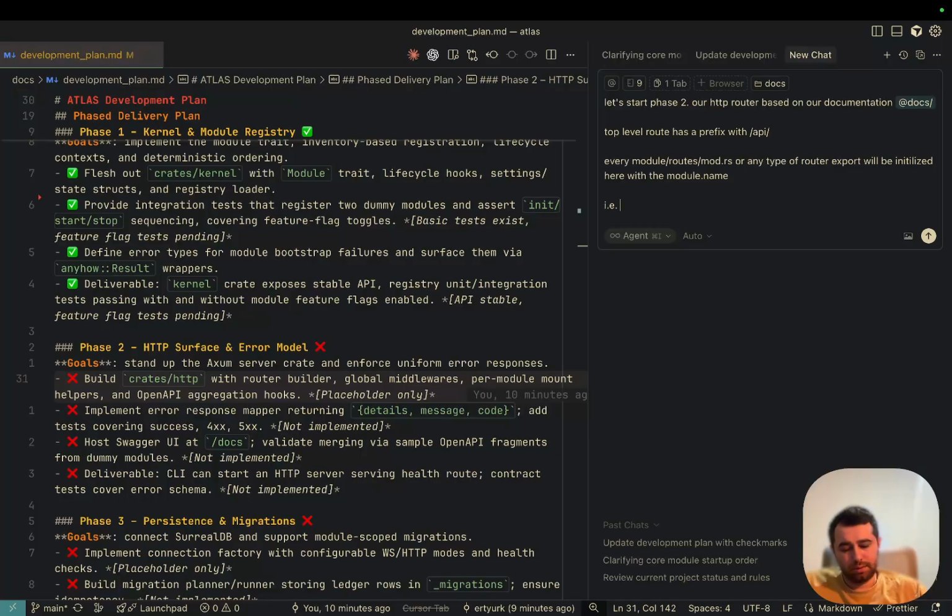As an example, we have a books module. The name of it is books. It has a router at